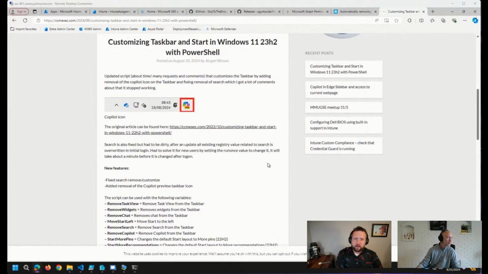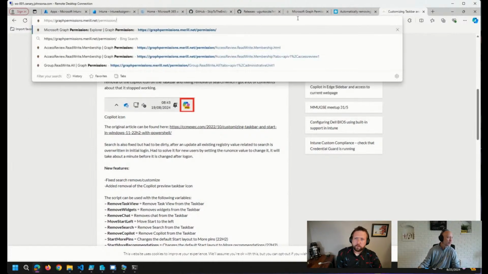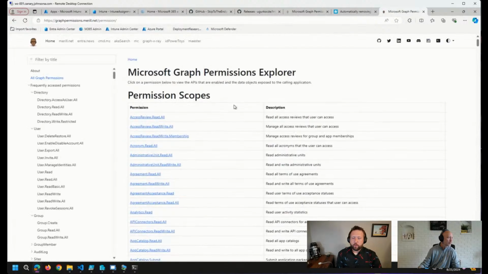Last but not least, I also came across an update. I believe we've shared this page in the past, but we have definitely shared a lot of resources from Merill Fernando from Microsoft, who puts together a number of other really community-driven web pages, but obviously they are focused around things like Graph. He's done Graph X-Ray, CMD.ms, a couple of the tools that he's got up here at the top. But this one in particular, the Microsoft Graph Permissions Explorer,